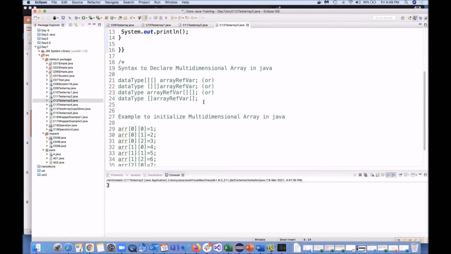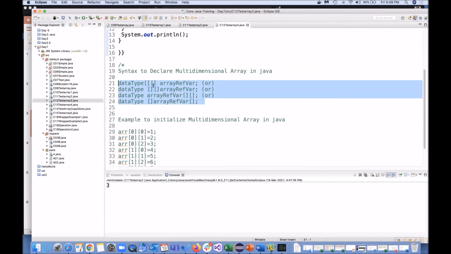And there are 4 ways where we can write the syntax. Write the braces first, then the variable, or after the data type, put a space and then the braces and the variable name, or put a space once and then the variable name and the braces, or one here and one there also you can do. All varieties, but do remember we need to have one space in between anywhere.